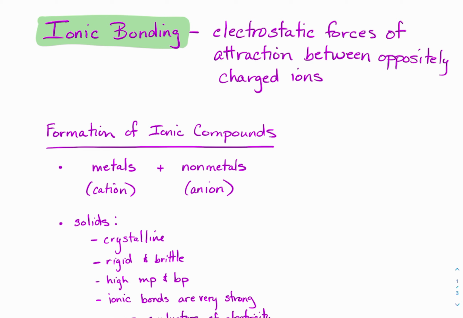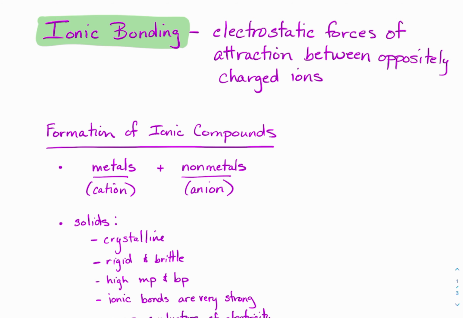In this video, we're going to talk about ionic bonding. Ionic bonding is considered an electrostatic force of attraction between oppositely charged ions. The formation of an ionic compound occurs typically between a metal and a nonmetal, which respectively form cations and anions